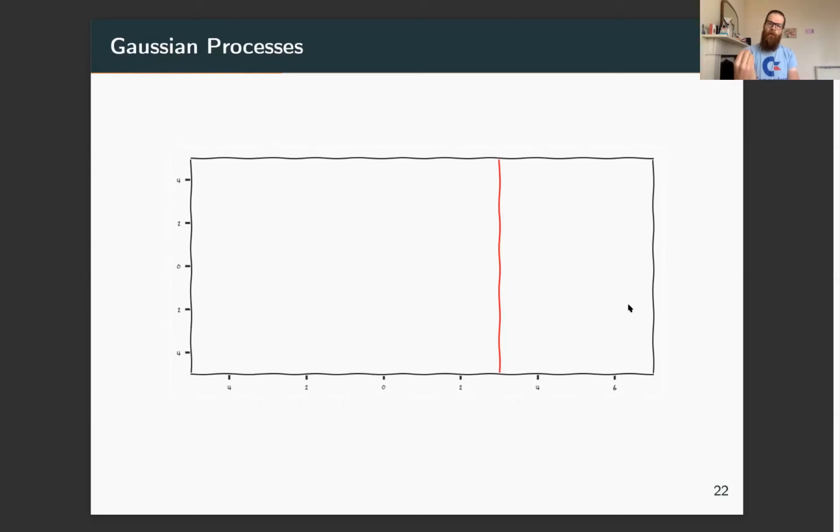So what I can actually do is quantify my belief in where I think the function cuts this slice. Let's say that I specify that belief to be a Gaussian. The interesting thing with this is that the Gaussian has infinite support. So at positive infinity and negative infinity, this distribution has a non-zero value. That means I haven't excluded a single hypothesis or a single function or a single intersection.